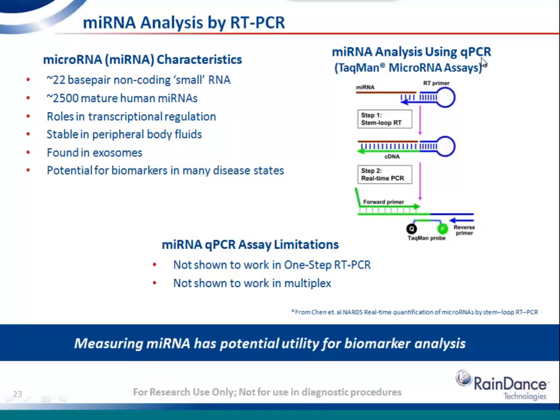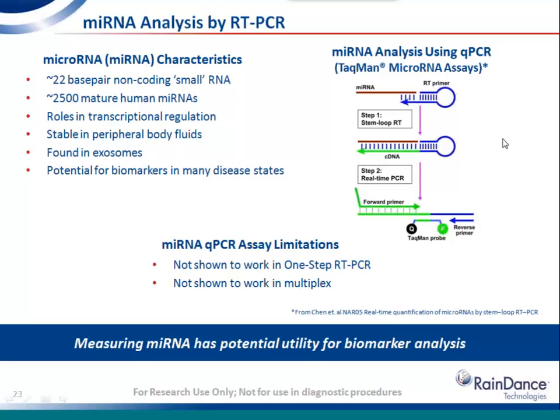Now, microRNA can be analyzed using qPCR. In particular, there are reagents sold by Life Technologies, TaqMan microRNA assays, which have a unique feature that turns the short RNA species into a long enough species to use TaqMan reagents. There's an RT primer that has a hairpin stem loop structure, and this is what primes the original cDNA first-strand